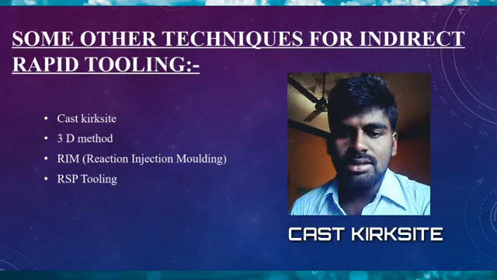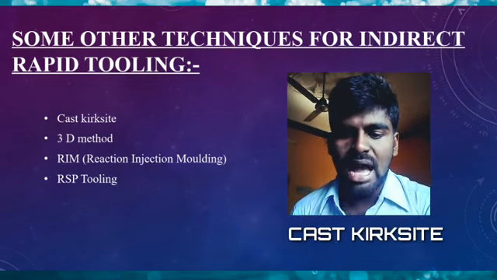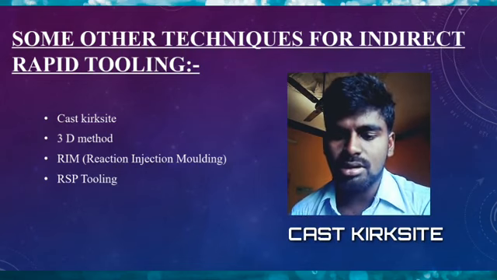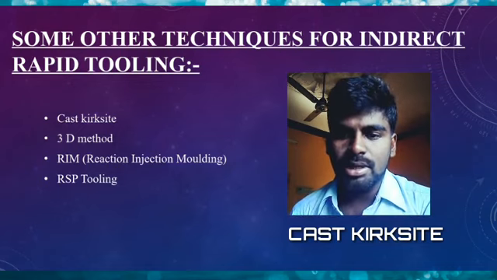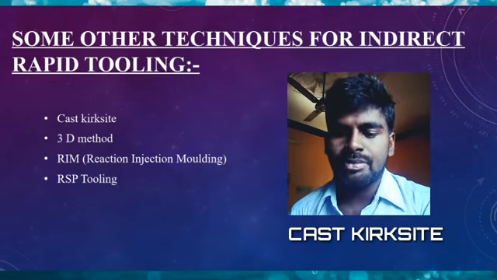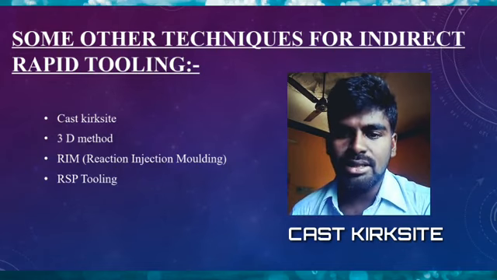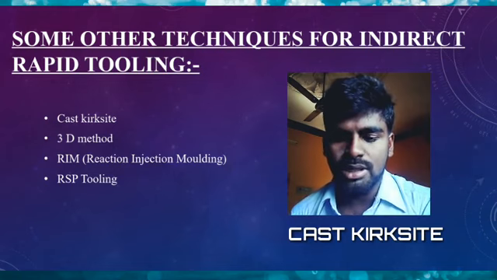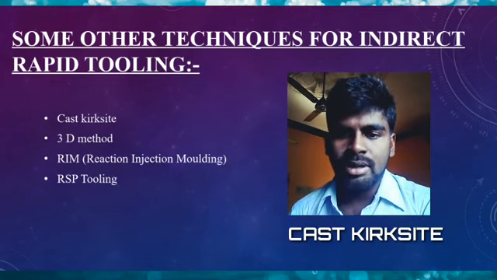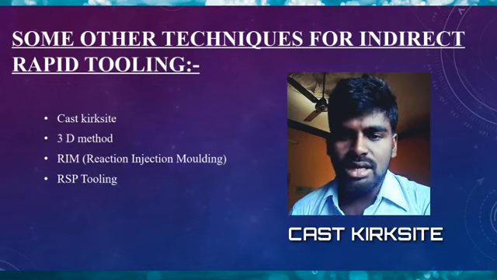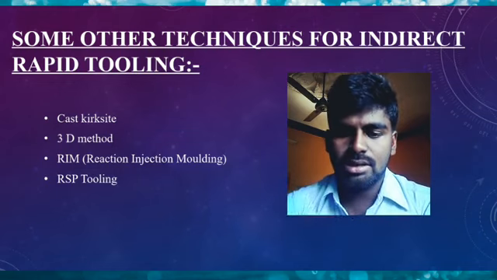Some of the other indirect methods used in rapid tooling. First, cast Kirksite. Similar to the epoxy based composite tool, but in addition, two reversals are required to permit the creation of the tool in a more durable method. A shrink compensated master pattern of the pot is produced. The material of rubber or urethane is then cast against the pot patterns, the core and cavity set, which will be cast in Kirksite. Plaster is then cast against the core and cavity pattern to create the mold into which Kirksite is cast. Once Kirksite is cast into the plaster mold, the plaster is broken away, and the Kirksite core and cavity are fitted into a mold piece.